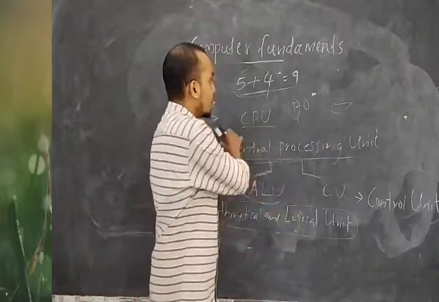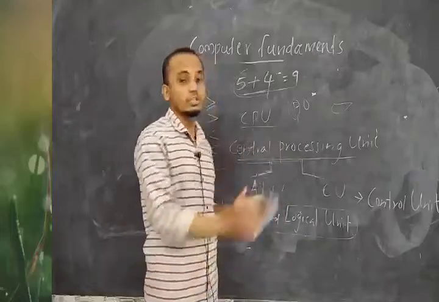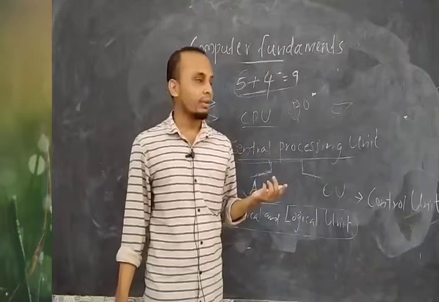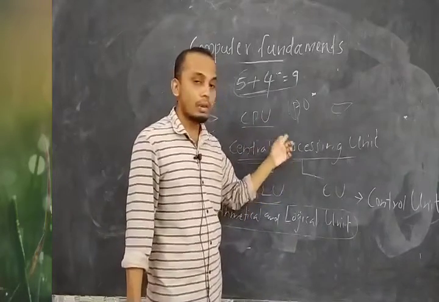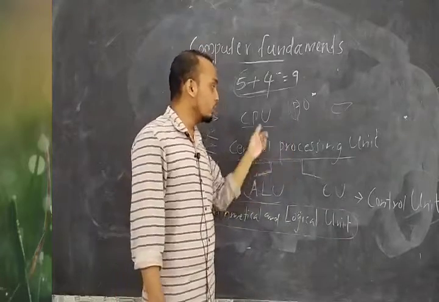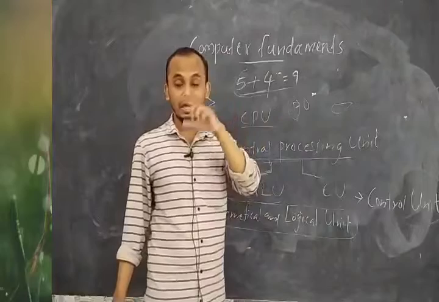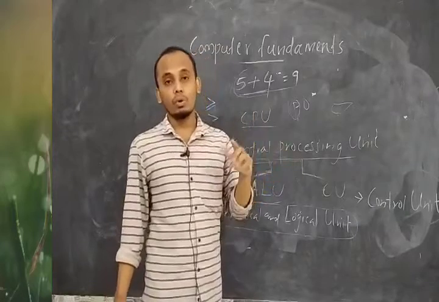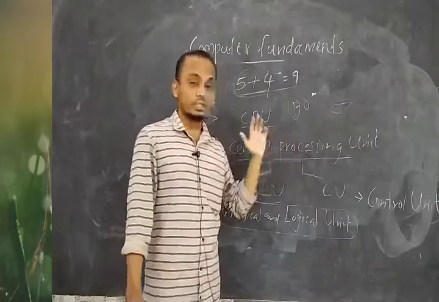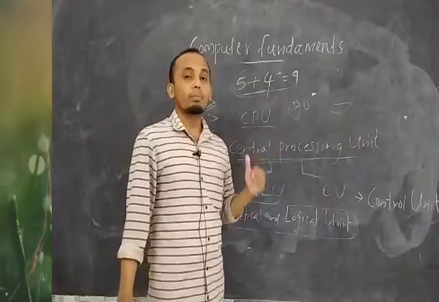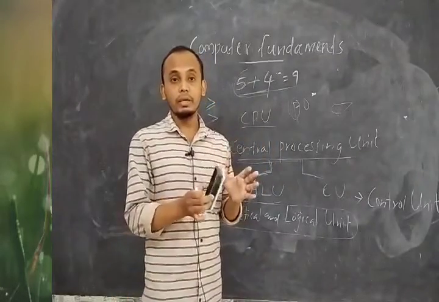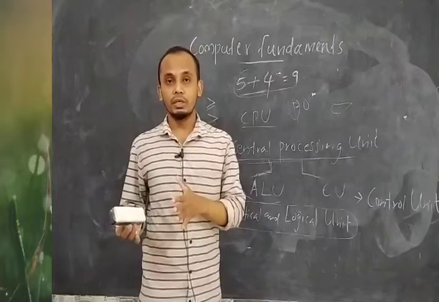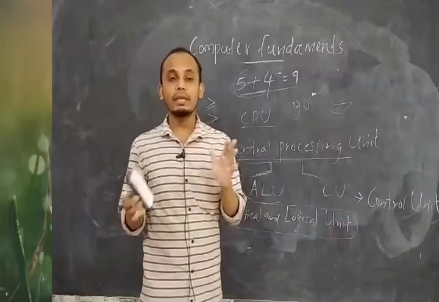Okay, these are the main parts, the main stages of computer working. Input, process, output, and the CPU will help for processing. In that CPU box many components are there like hard disk, RAM, ROM, system fan, processor, etc. The processor, that means the CPU, is the main part of the computer, the brain of the computer. That central processing unit is again divided into two types, ALU and CU.